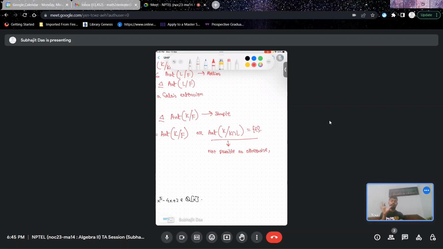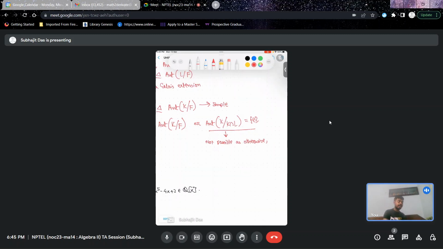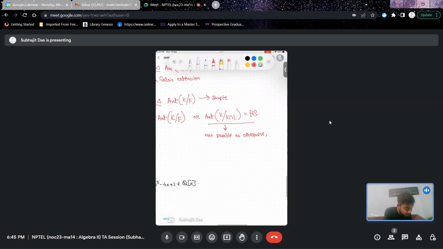So corresponding to the smallest subgroup, you should have the largest intermediate subfield, right? So if the automorphism group of K over K intersection L is the trivial group, then this would imply that K intersection L is equal to the largest possible subfield of the intermediate extension K over F, right? So this is K, which implies that K,